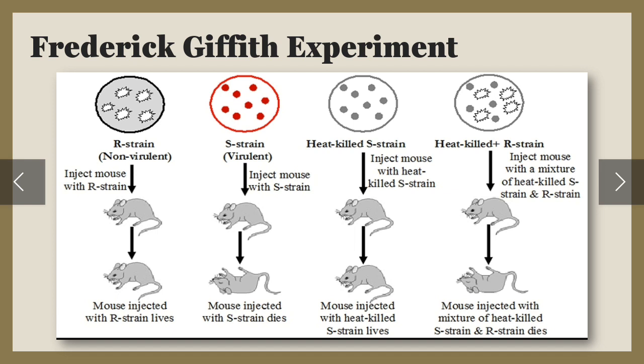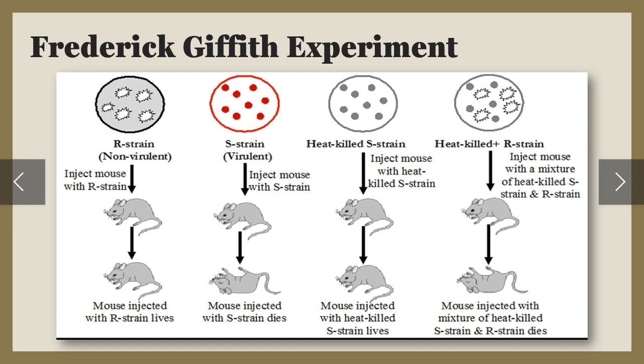Frederick Griffith's experiment. You can see here in the first diagram, R strain, non-virulent: inject a mouse with R strain, and the mouse lives. Inject a mouse with S strain, and the mouse will die. Inject a mouse with heat killed S strain, and the mouse lives. Then fourth, heat killed S strain plus R strain: the mouse injected with the mixture of heat killed S strain and R strain will die